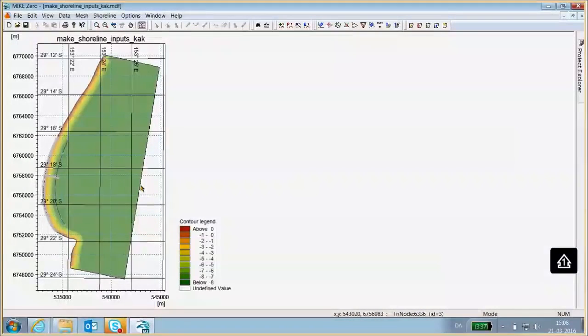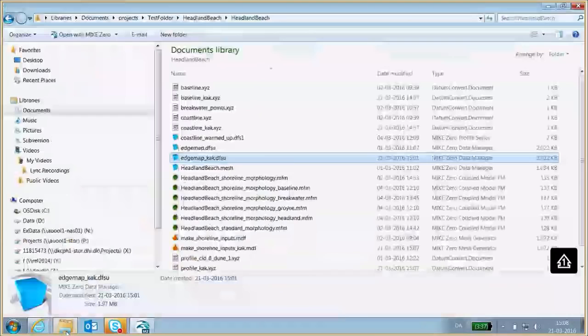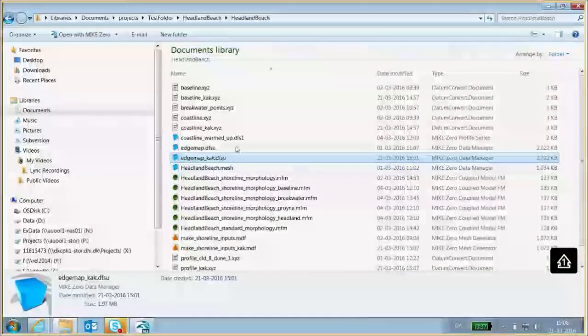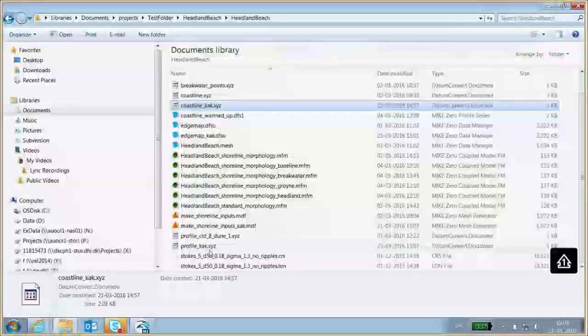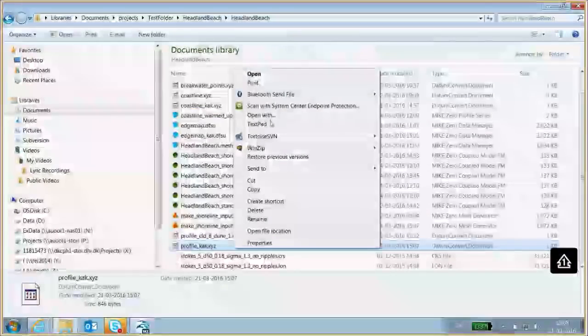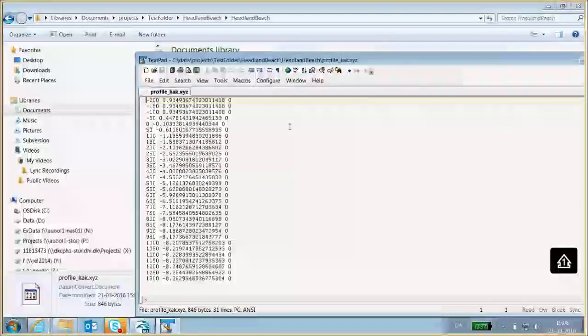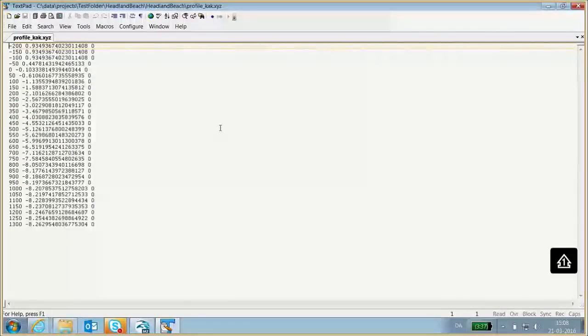But now before I can use the coastal profile that I have just extracted, I need to pre-process it a little bit, so I'm just going to open it here in my favorite text editor, which for myself is called TextPad. The reason I need to modify it is that beyond the depth of closure, I need to have a coastal profile which is steeper than the profile that is in the mesh.